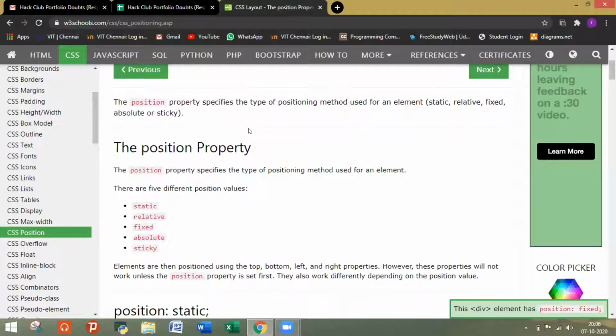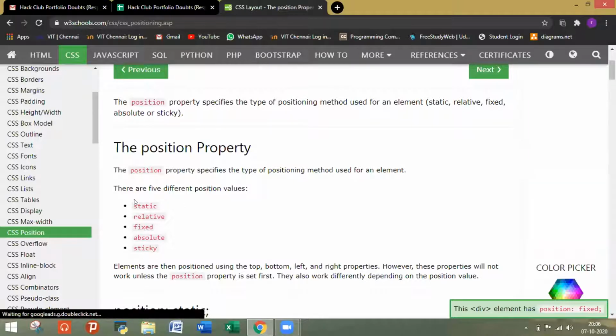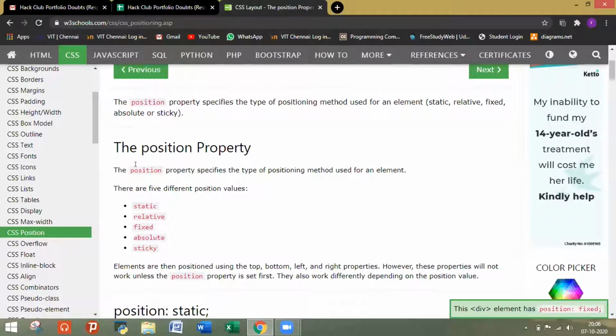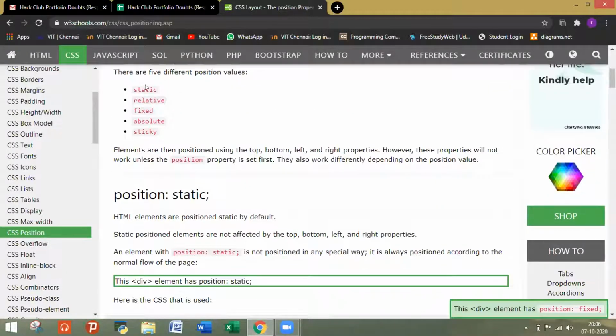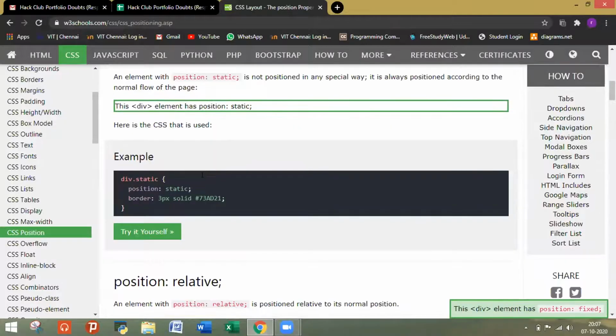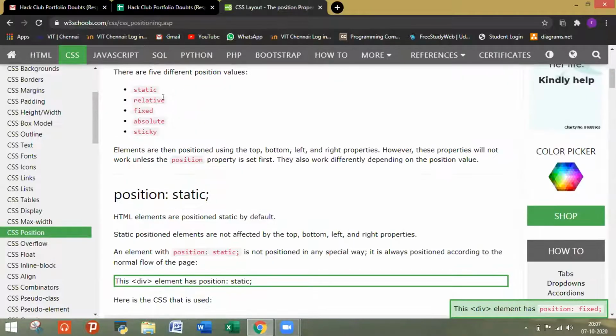So, see, with some correct measurements, some correct sizes, you can position your particular element anywhere on the page, whether the top corner, in the middle, somewhere between, bottom, anywhere. You just need to remember these 5 values that we assign to this particular property, which is position. Discussing each and everything written over here won't be easy for you, so I would just like to talk about only one thing, which is relative, which will clear your doubts for this kind of thing.